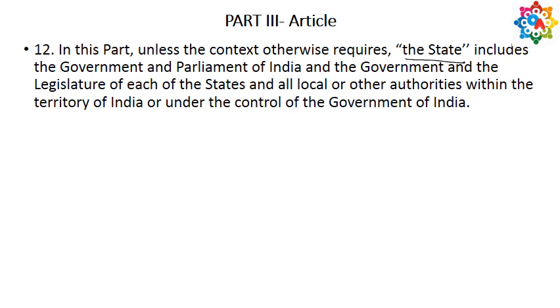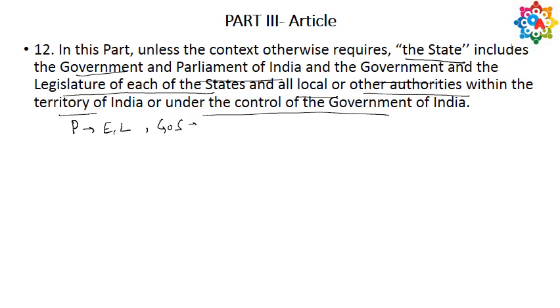In this article they have described what state is. They say that state includes the government and Parliament of India, the government and the legislature of each state, and all local bodies and other authorities within the territory of India under the control of the government of India. So it includes all legislature, the Parliament, the executive, the legislature, state governments, and state legislatures,